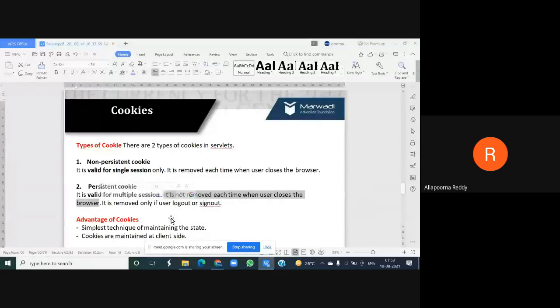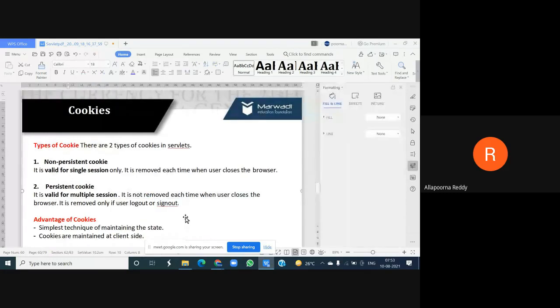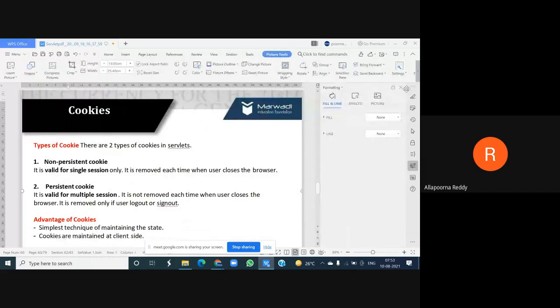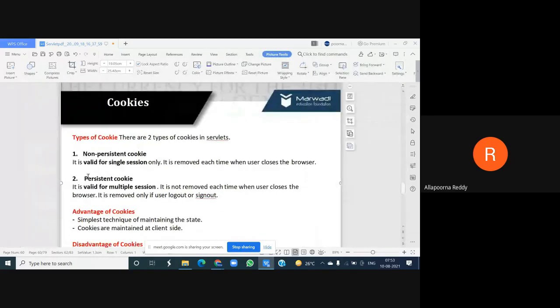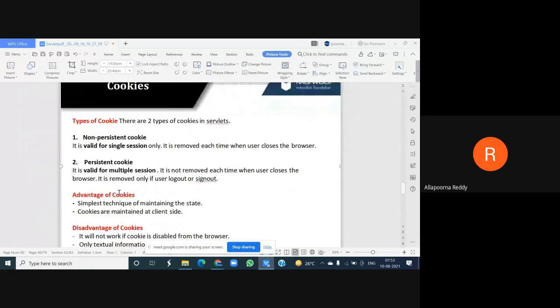Then if you simply close the browser, whether it is Gmail, without signing out or logging out, your cookie will be stored as it is. But when you sign out or log out from your Gmail account, only then will your cookie be removed. That type of cookie is known as a persistent cookie. Hope you understand the difference between persistent and non-persistent.